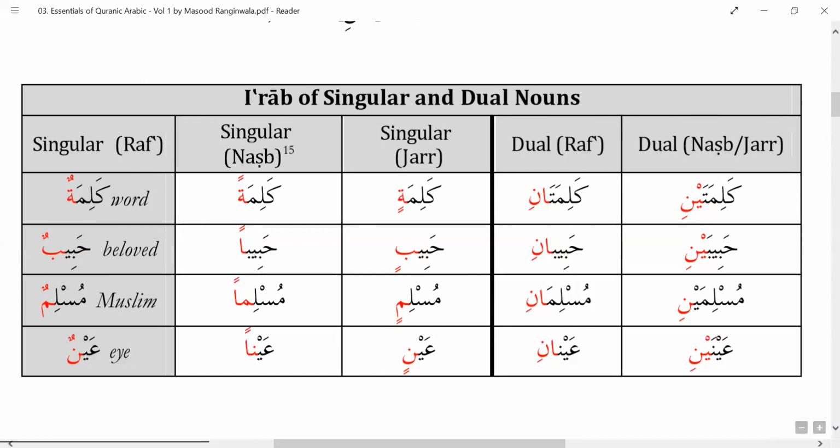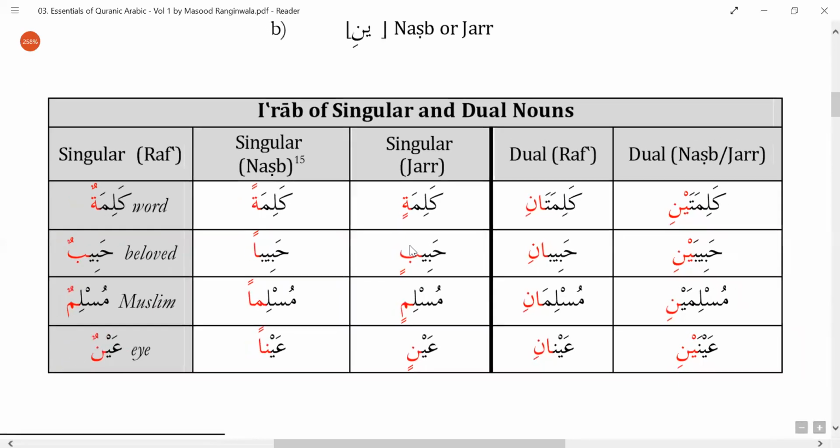One thing, if you don't know Arabic or haven't seen it: when you do 2 fathas, as in Habibun becoming Habiban, the tanween fatha will always have an alif with it. It's like a stick. You can think of the 2 fathas as an old lady who always walks with a stick. Wherever the 2 fathas go, they take the walking stick along. So when you say Habibin, that alif will go away. That is what you need to remember, but other than that it should be fine. So just go over this.